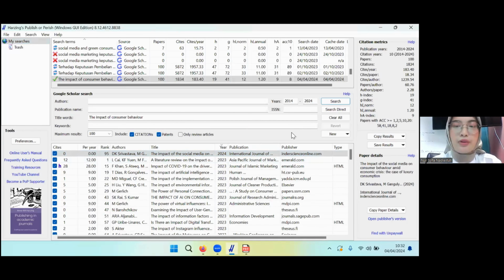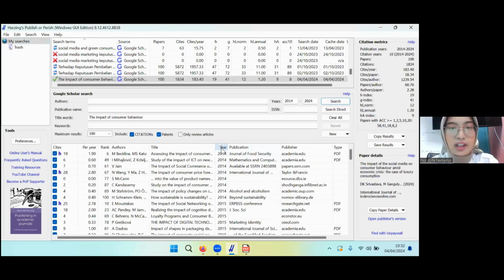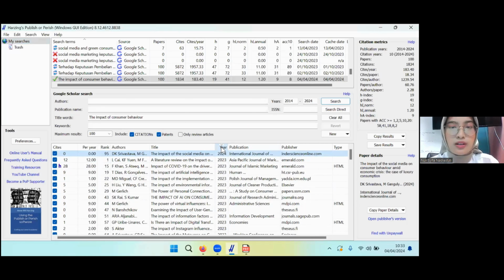But I want to teach about searching the results from the oldest year: you can click the year and it will show the results from 2014. And if you want to search the papers from the newest year, you can click the year and it will show the results from 2024.